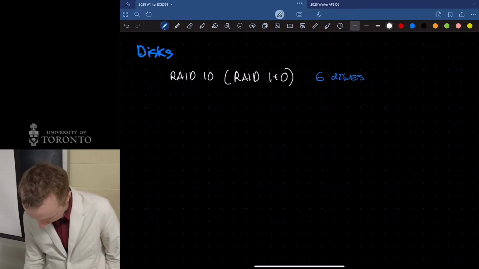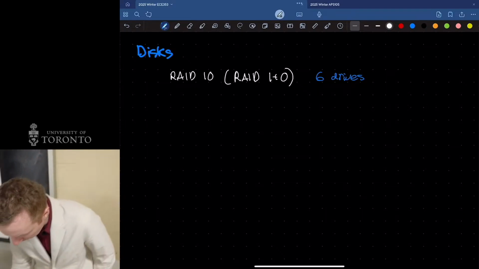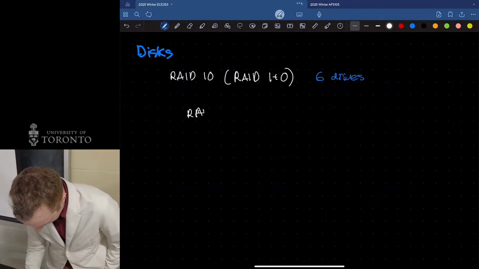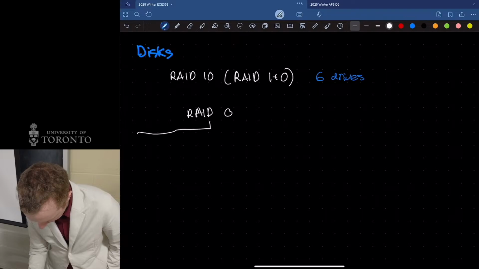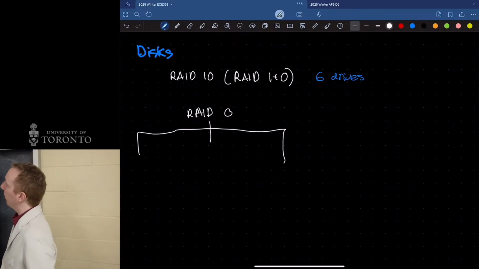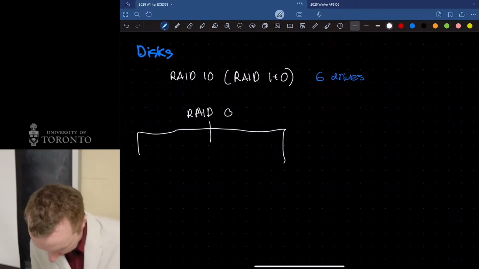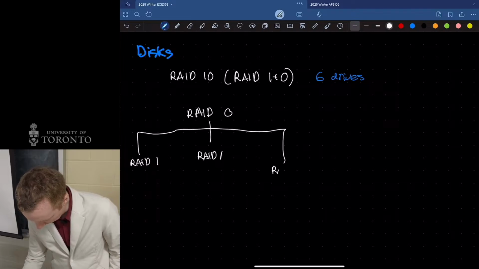With RAID 10, which is RAID 1 plus 0, typically how you read this is the number at the end is the highest level. So I would have a RAID 0 array at the top, striping a whole bunch of pairs of disks. Every pair of disks would be a RAID 1 array. So I could do something like this.